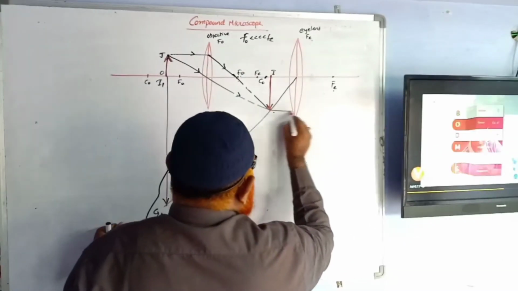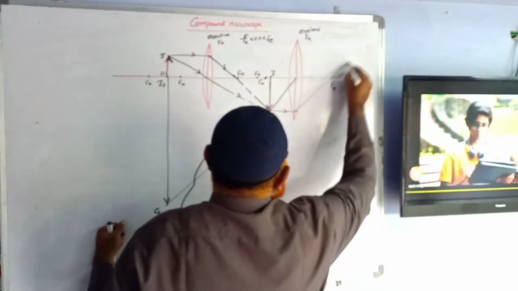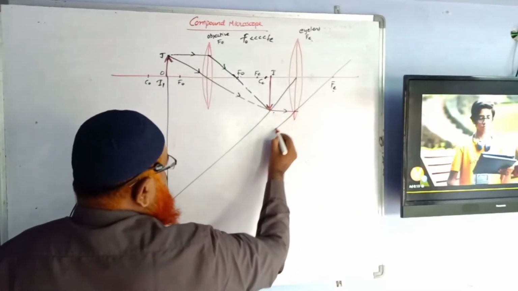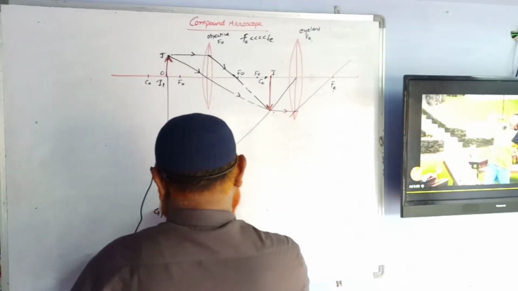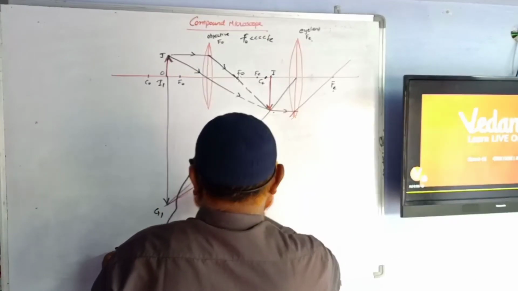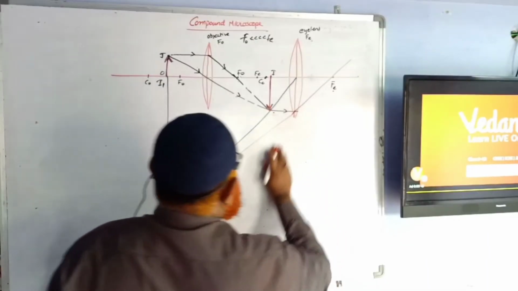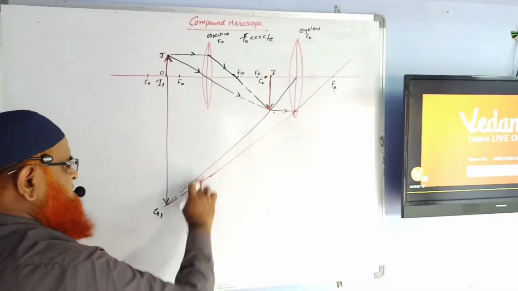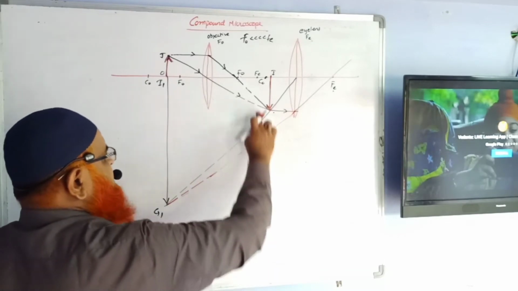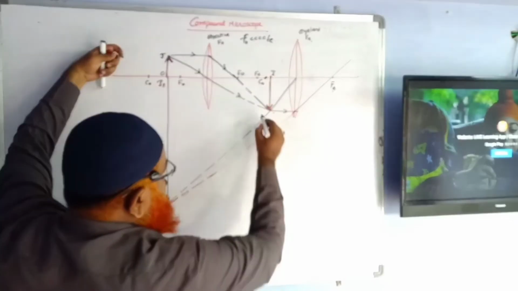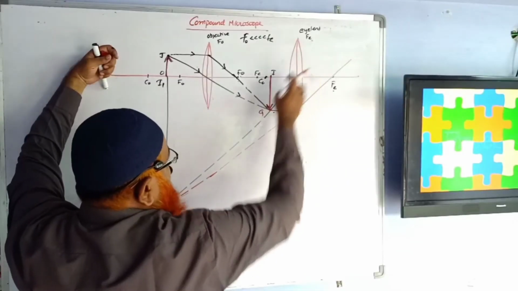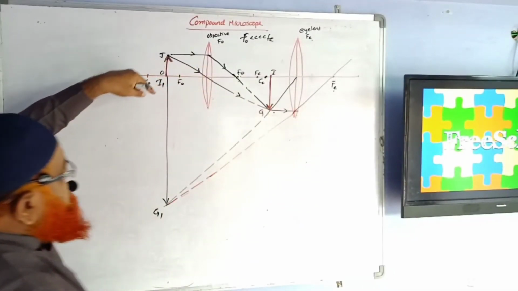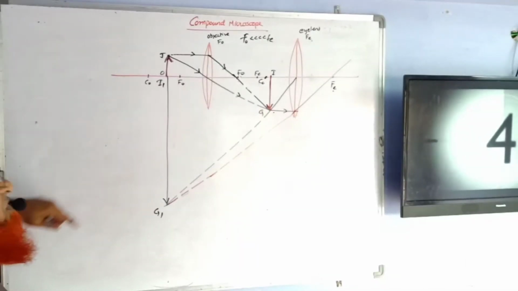If you draw a parallel beam of light ray, definitely it has to pass through the focal point. When you join these two, they are meeting somewhere here like this. So I can make it a dotted line, and you are getting a final image I1 G1, which is for the object IG. This image for the object IG is going to be an object for the eye lens, and this object's image is going to be I1 G1 here.